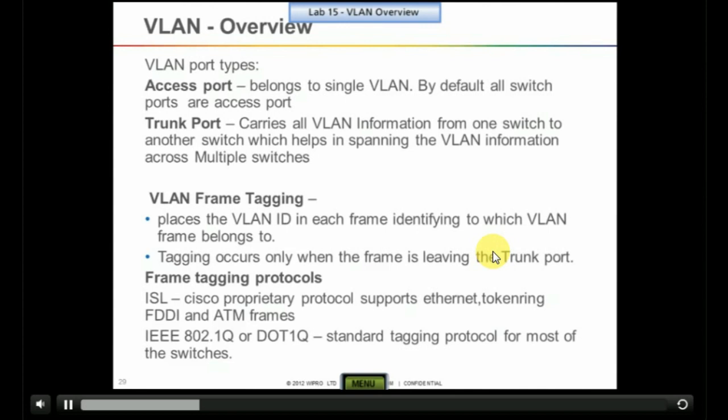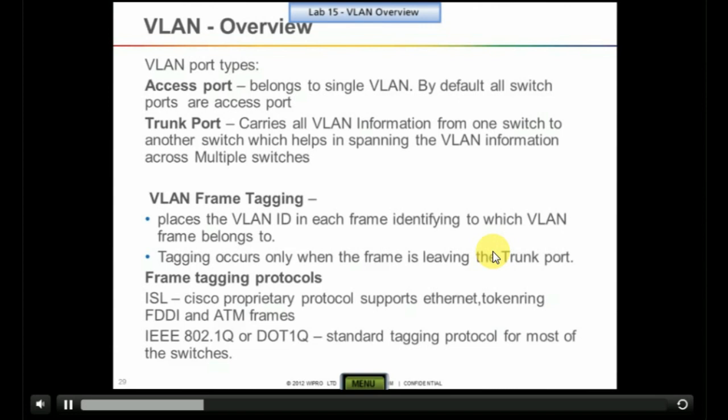Then you need to interconnect these two switches. The port which we use to interconnect these two switches, we call that a trunk port. So the trunk port carries all the VLAN information from one switch to another switch, which helps in spanning the VLAN information across multiple switches.